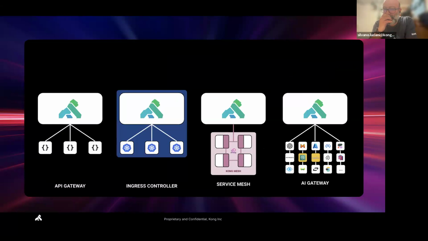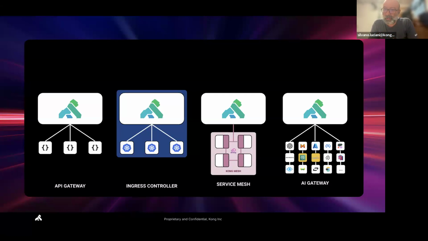And just to give you a little bit of a sense of how this fits into Kong's overall offering, API gateway is the traditional, the most powerful and the most used open source gateway in the world for APIs. We have the ingress controller, which is a gateway specifically for Kubernetes environments.